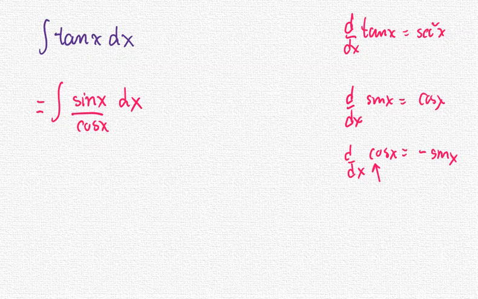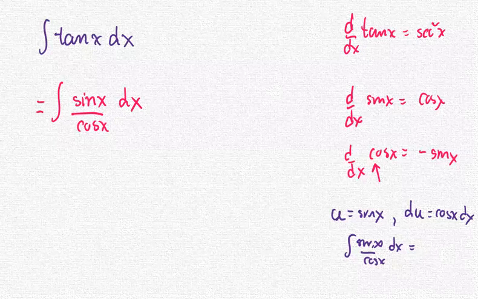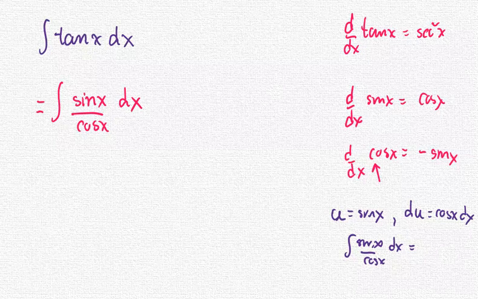Okay, so in this case, you could think of, all right, if we put u as the sine x, and then the next part, the differential du, is going to be in the term of cosine x dx. For this one, when you replace into the problem, sine x over cosine x with respect to x, you can replace the sine with the u form. How about du? Du is supposed to be in the form of the product of the cosine and the dx, not in the division form like this. So this choice doesn't work.